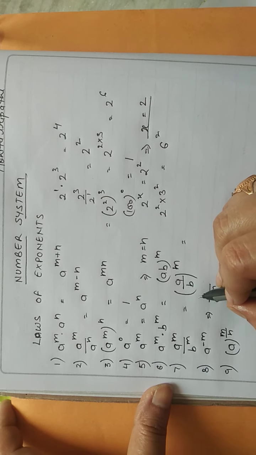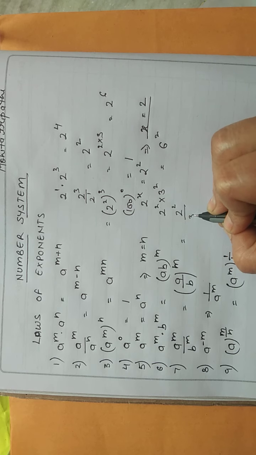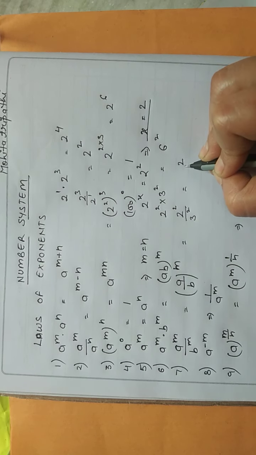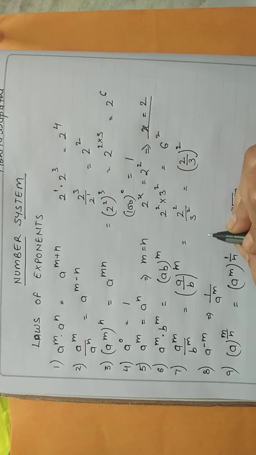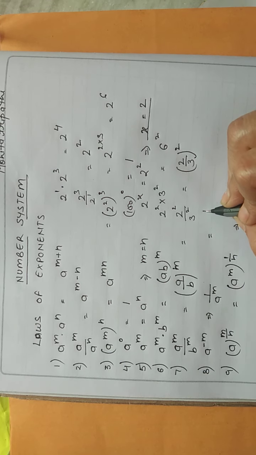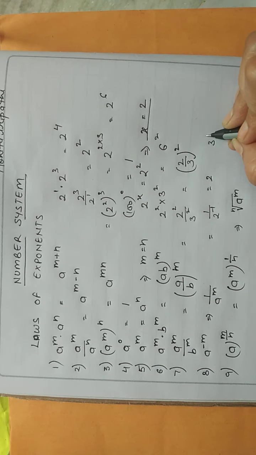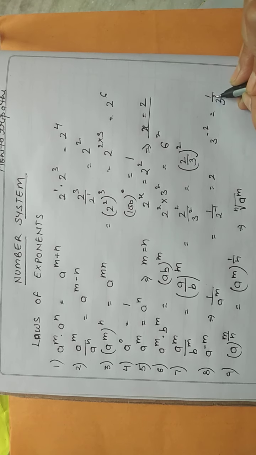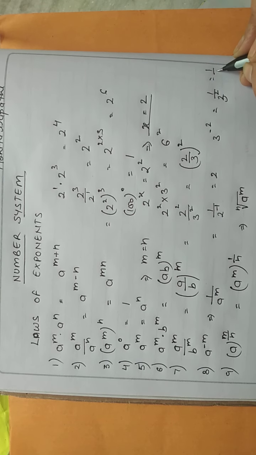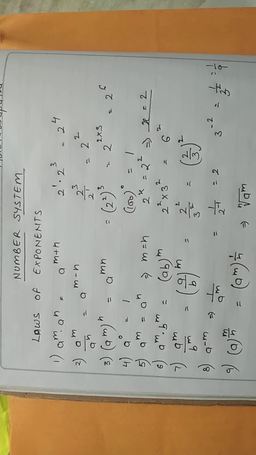Okay. Now here just see 2 to the power 2 upon 3 to the power 2. So how can you write it? It is (2 upon 3) to the power 2. Okay. Now I will explain this negative also. 1 upon 2 to the power minus 1 is 2. Or if we are having 3 to the power minus 2, then you can write it as 1 upon 3 to the power 2, or you can say it as 1 upon 9. Okay. So these are the questions we have discussed in the earlier classes also.